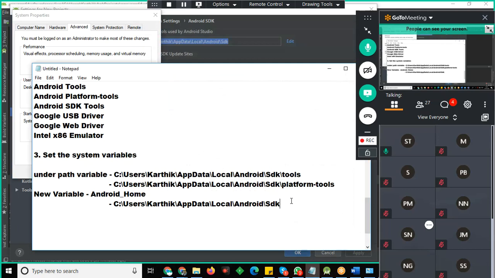Once you are done with this, then only you can work on the ADB and everything in your Android Studio directly.